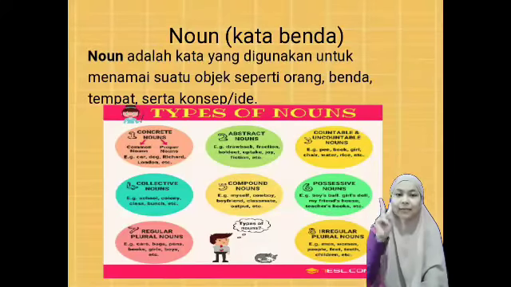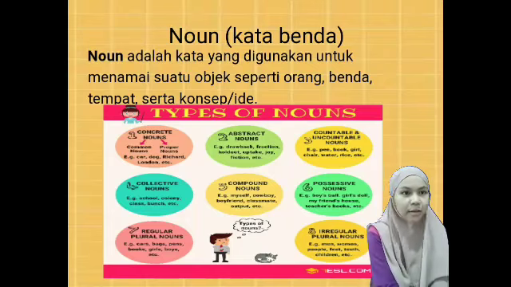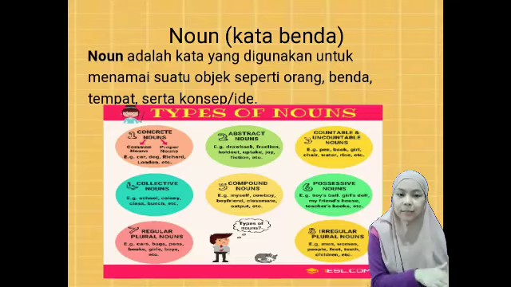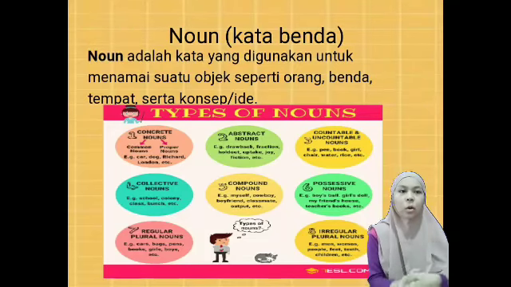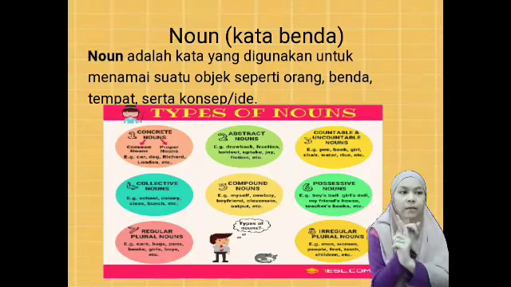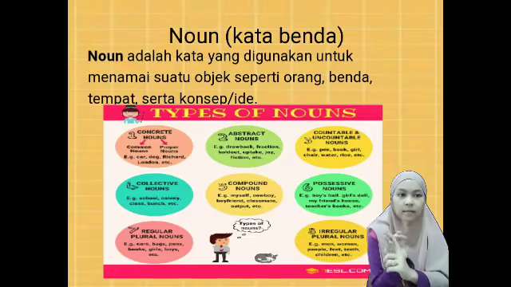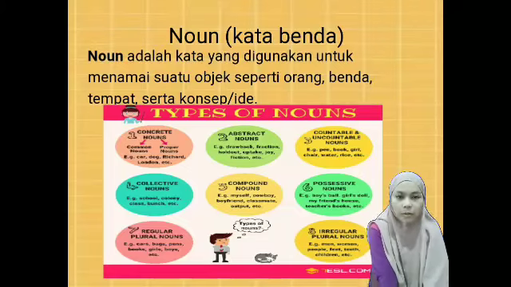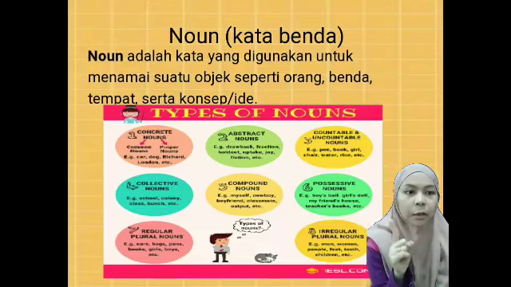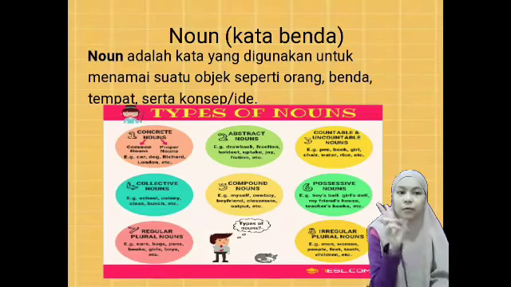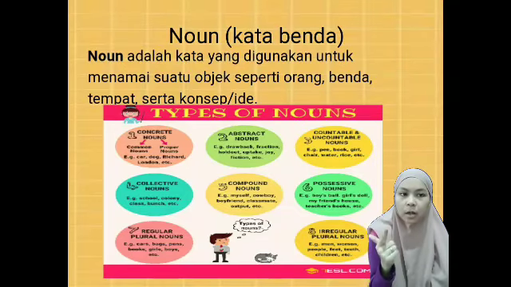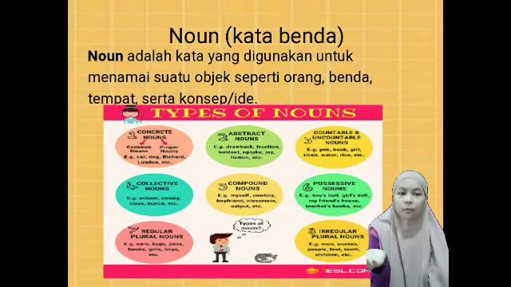So our second lesson is about noun. So what is noun? Noun in Indonesian is kata benda or nomina. So noun is used to name an object. It can be person, things, place, or idea. So there are some types of nouns. The first is concrete nouns. It becomes two: common nouns and proper nouns. For example, car, dog, Richard, and etc.